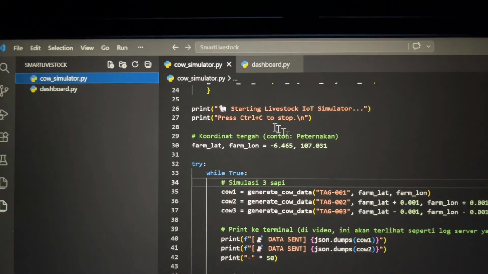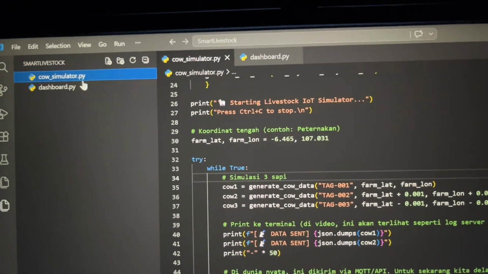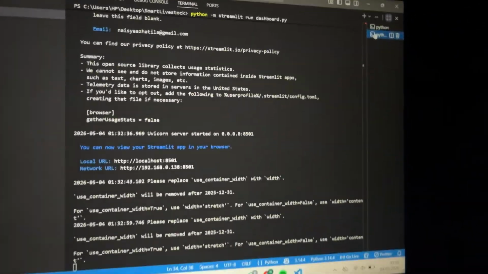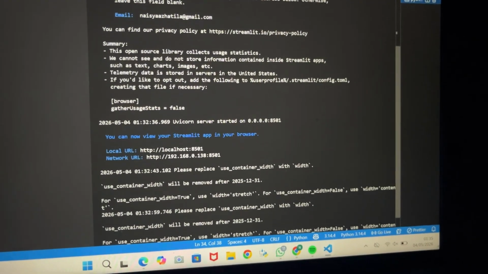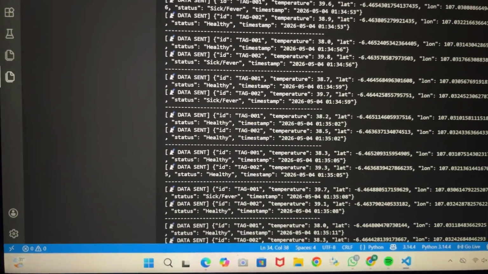Today I will be building something pretty cool: a smart livestock tracking and health monitoring system. At first, I was planning to buy a real smart ear tag from Shopee, go out there and attach it to a cow or goat, but let's be real for a second. I don't have the hardware right now, and I definitely do not have a farm in my backyard. But as software engineers, we don't let the lack of hardware stop us.